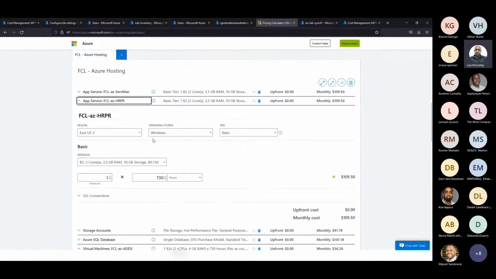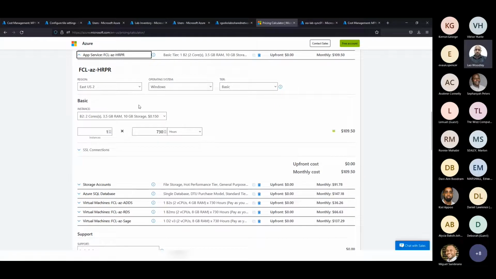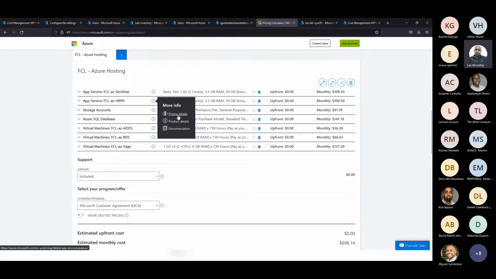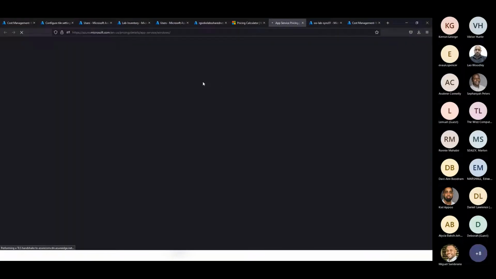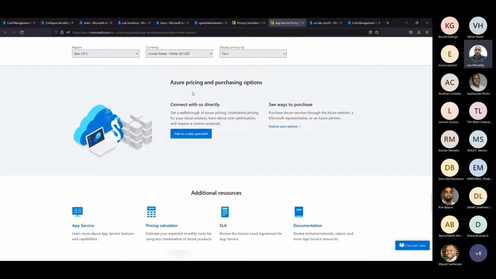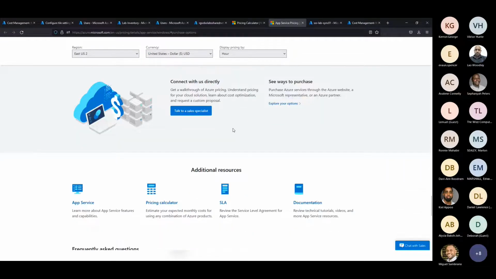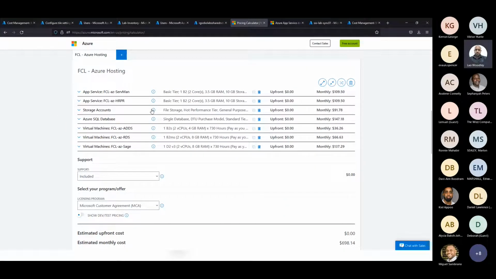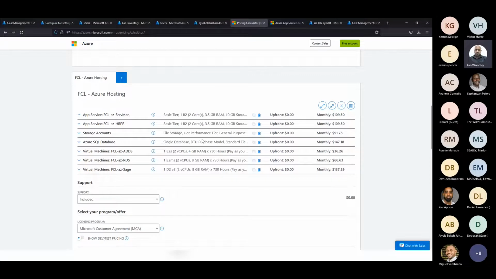It does take a bit of getting accustomed to, but for the services that you're familiar with, or if you're unfamiliar with, you can use the information icon here to take you to the myriad of documentation that Microsoft has for you to get up to date on purchase options, how to have it deployed, and technical documentation. And these are available for all products that are within your bill of materials on your price calculator.